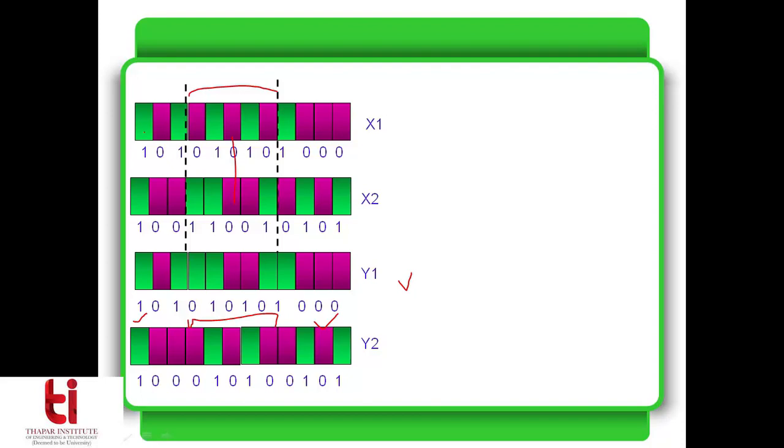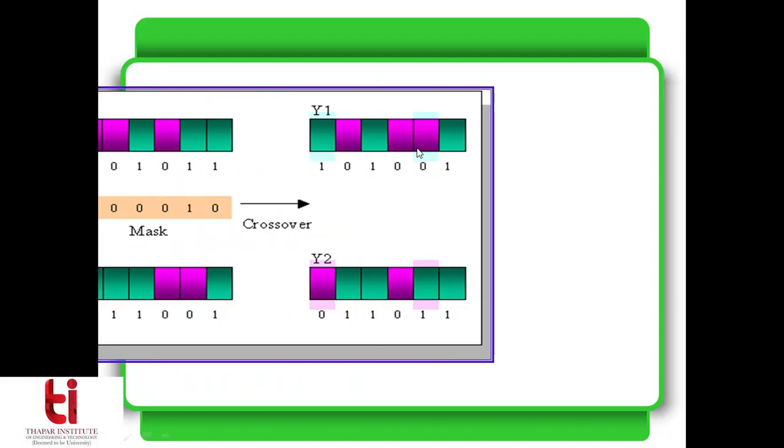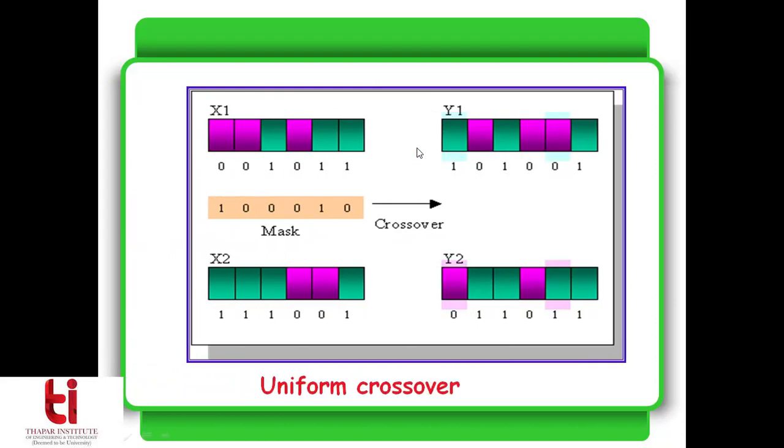This can be extended to a multi-point crossover also. In multi-point crossover, I have more than two sites for the crossover, and I have to follow this simple rule: I can swap the intermediate parts, but only the same length parts can be swapped between the two parents. So this was all about 2-point crossover and multi-point crossover. Next we come to the uniform crossover.